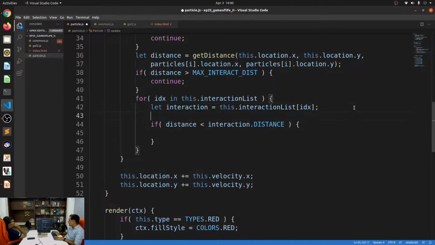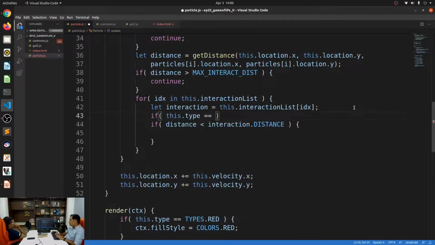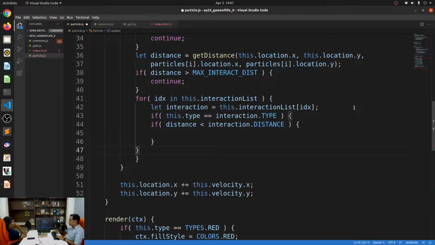Before that, I'll have to check if the type of interaction is the same as this.type. Only if the types are the same, then check for the distance, and then we can proceed.